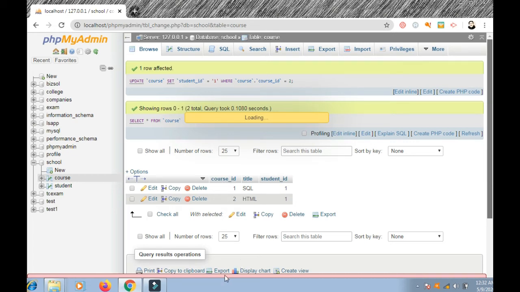Student 2 will also take HTML. How to do that? I have to insert the record. I go here and insert the record. Okay, you see there is error below. There is error. This window. There is JavaScript error, right? That is why it is not loading.